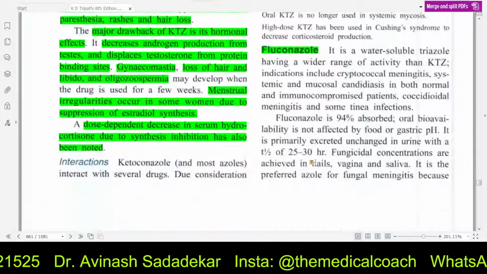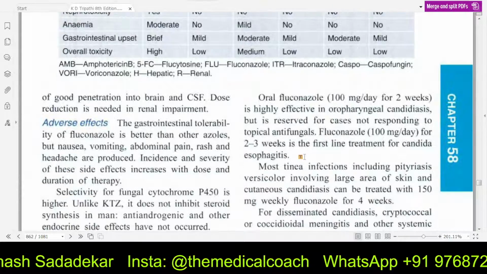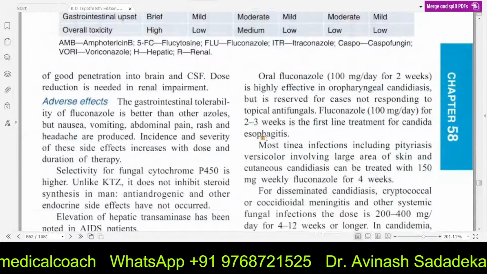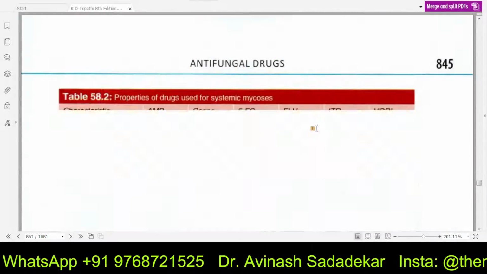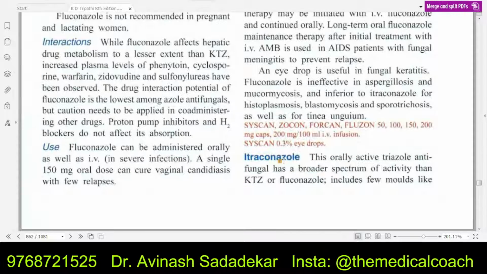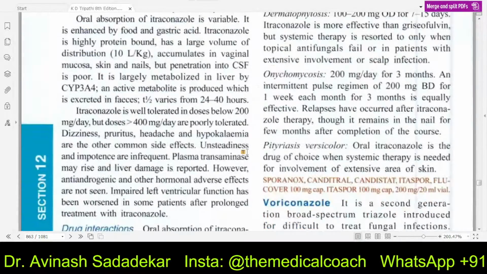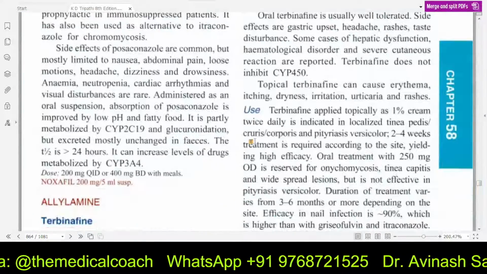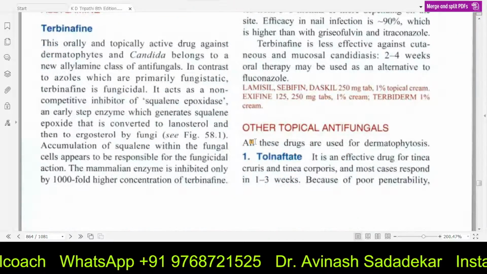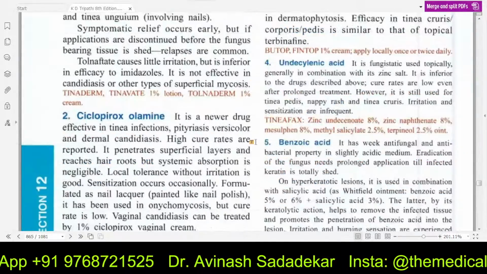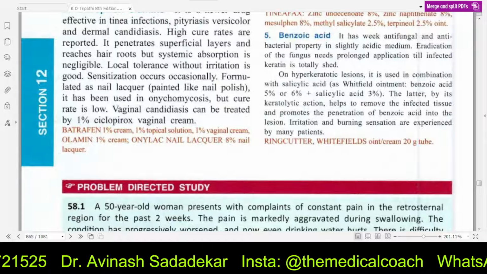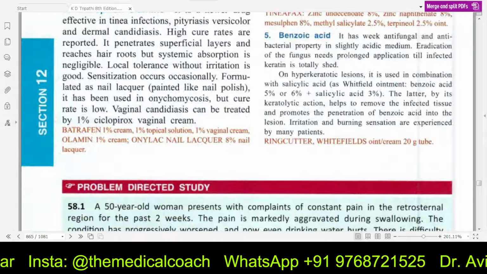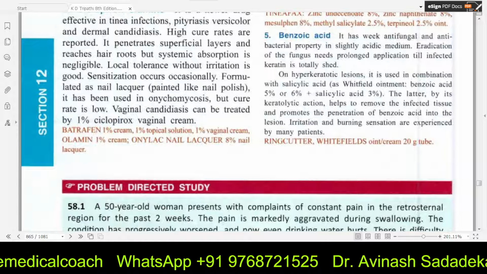Now, just like ketoconazole, fluconazole can be done, like just read once, that's more than sufficient. Nobody is going to ask you too many questions from this chapter. But please do ketoconazole, and if possible, please also do fluconazole. These are important topics. And itraconazole is also just broader spectrum, but just like ketoconazole. So you can probably do this extra in case you have time. Otherwise, skip all of this. Nobody is going to ask you anything from here, not at all. So if you do this much, your chapter is done. I hope you understood how these drugs work. Don't miss amphotericin B.